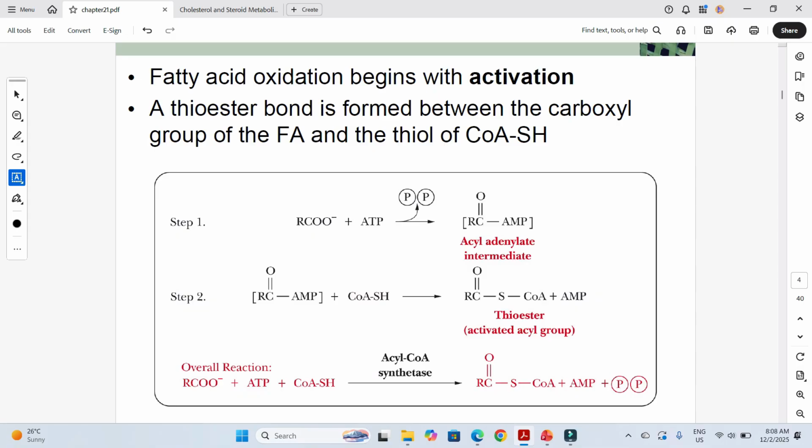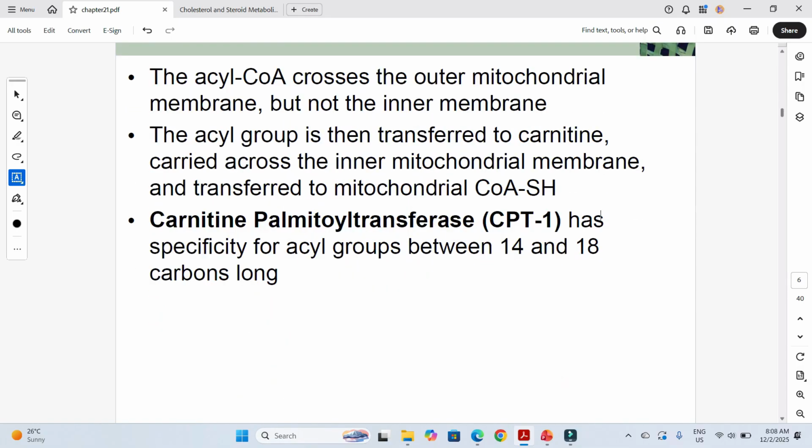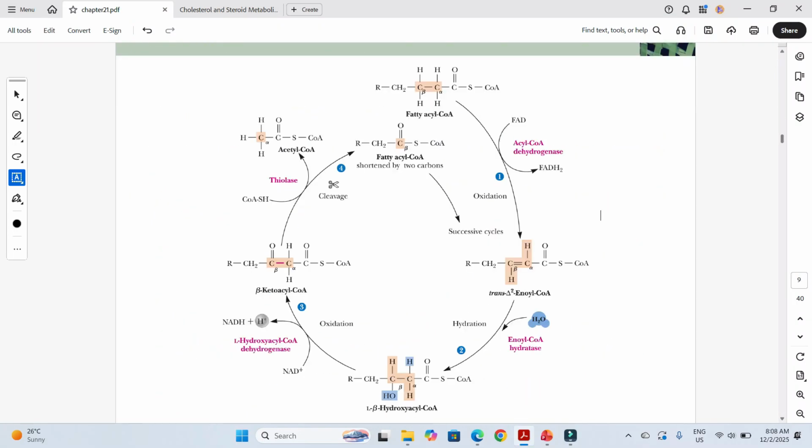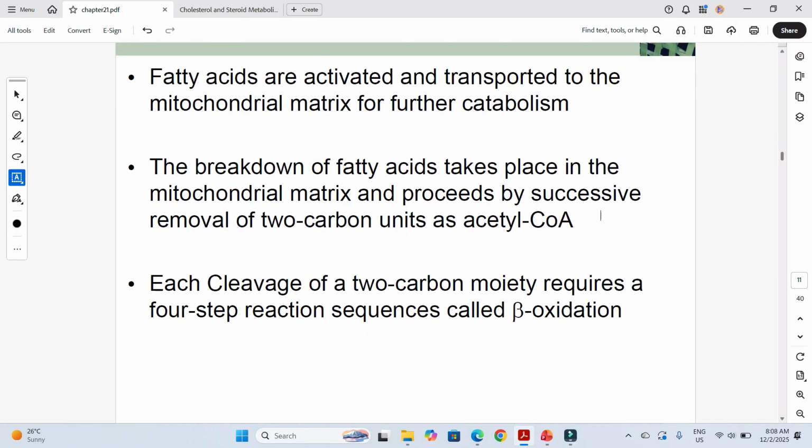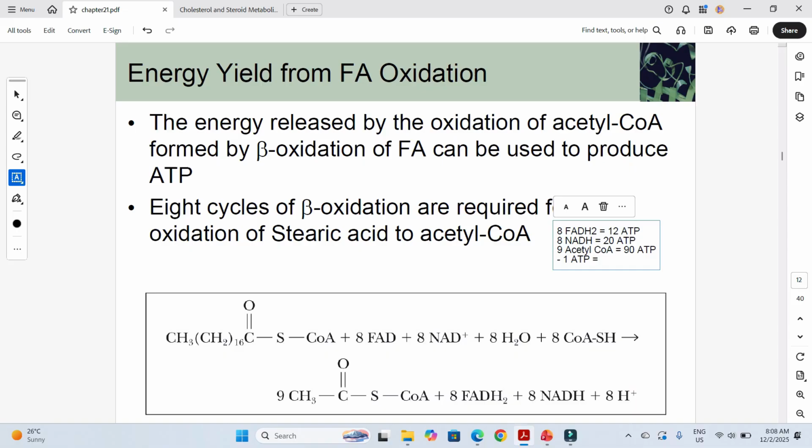Well, one in the production of the fatty acyl adenylate intermediate, and another one when the phosphoanhydride bond in the pyrophosphate is cleaved to produce two inorganic phosphates. So that means that yes, we've consumed one ATP, but formally we have actually used up 2 ATPs because